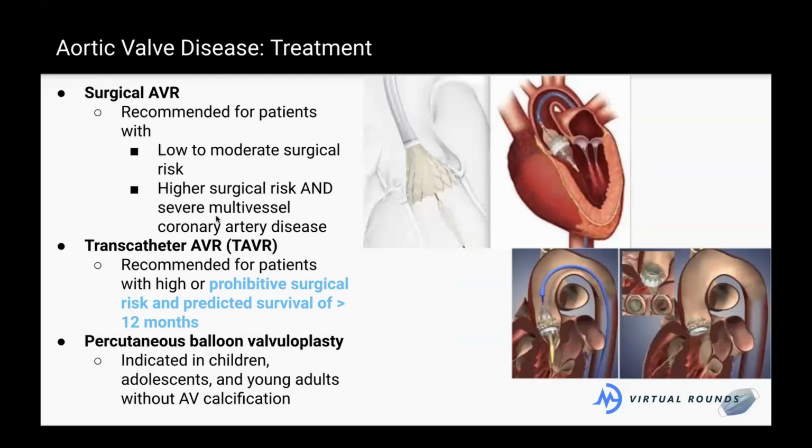Or if I have concomitant conditions in my heart, I have the aortic stenosis, but I also have a lot of clots in my coronary vessels that supply the heart. If I had presented with aortic stenosis and then you also find that I came in really for a heart attack though, you might want to do this just so you can correct everything at once. But for someone like Mr. Pena, I would probably do a TAVR.